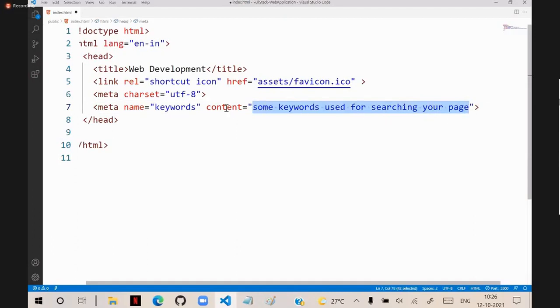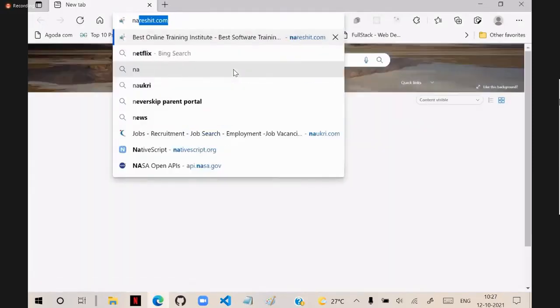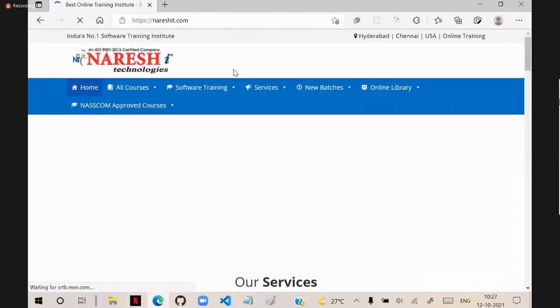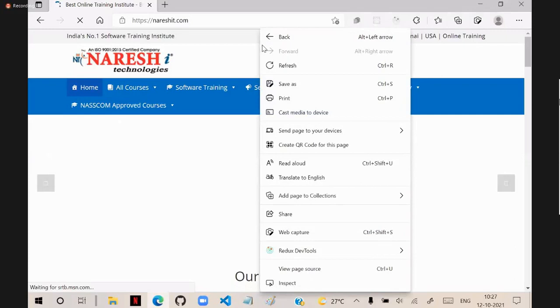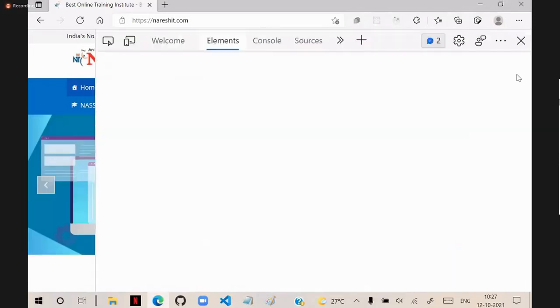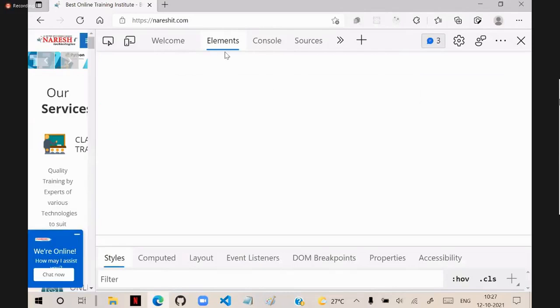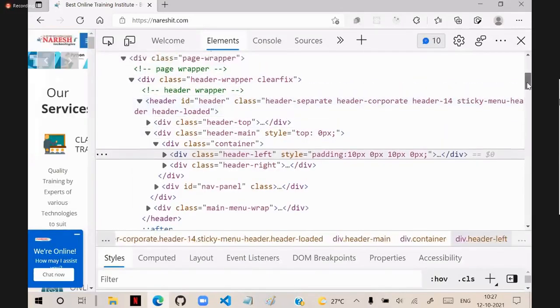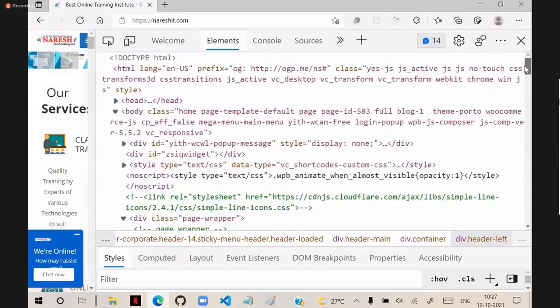So these keywords indicate what keywords people use for searching your page in the Google search box. So you have to type some keywords. You can see some websites. For example, I will show you the website nareshit.com. Let's right click and inspect. We are inspecting it, and these are the elements, and in the head section,